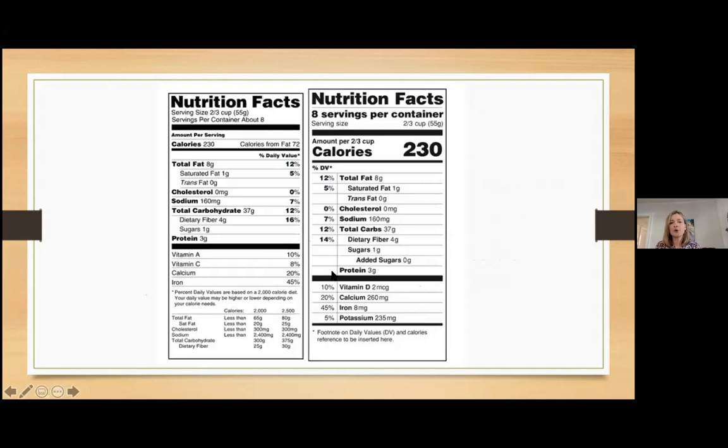Just be careful, reading the labels, making sure of the amount of added sugar, since sugar definitely increases inflammation. For these added sugars, we're ideally shooting for no more than a total of 25 grams of added sugar per day for women, 36 grams of added sugar per day for men. You don't want to go above that number. So that gives you an idea of what you're looking for when you're reading the label for added sugars.